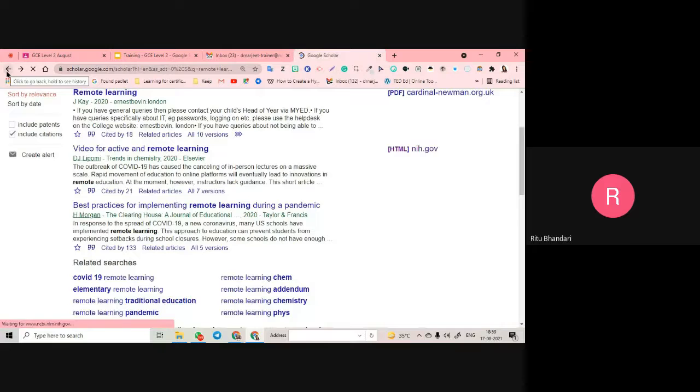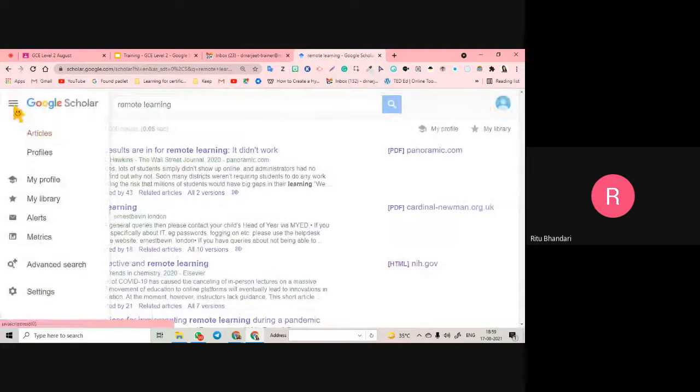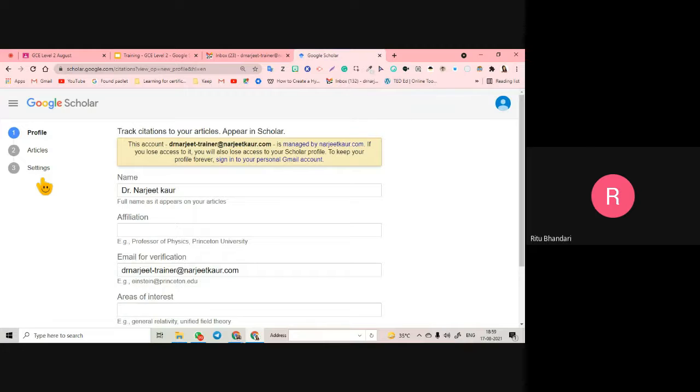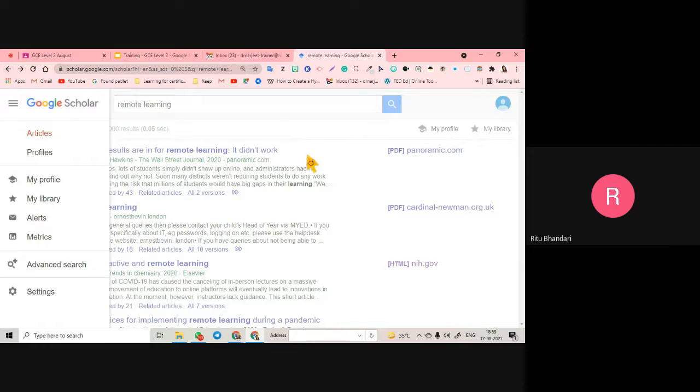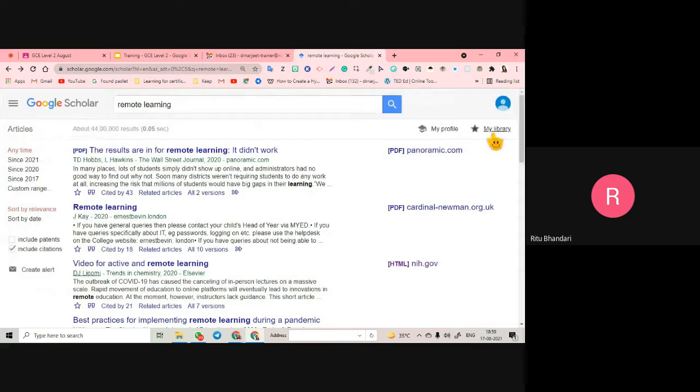So I will log into Google. This is my Scholar profile. Now, if I get into Google Scholar, that will be with the help of one Gmail. If I enter with another Gmail, then that profile is different. Absolutely. As it is in general. And the library is like the bookmarks. Like in bookmarks, we have labels. So here we'll have different ones for different profiles.